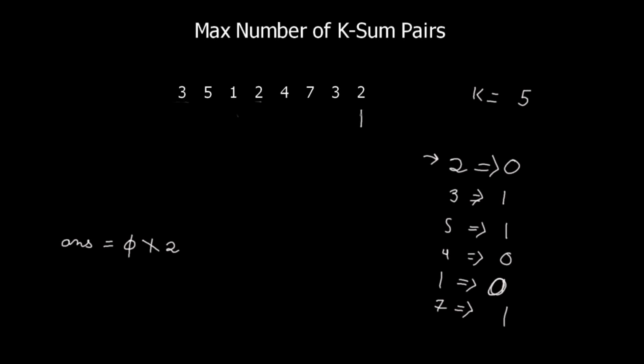Our pointer moves forward. Now for 2 we need a 3 to make 2 plus 3 equals 5, and do we have any 3 present in the map? The answer is yes, and therefore our answer increases by 1 and it becomes 3. This 2 we do not add to the map because this is already used, and we reduce the value of 3 here. Again we move forward, and now the array is over, and therefore we have our answer, which is 3. Now the time complexity of this method is order of n because only once we are required to parse the given array.